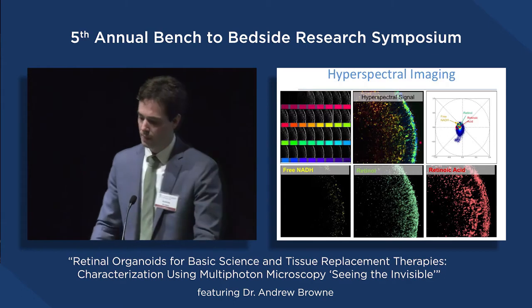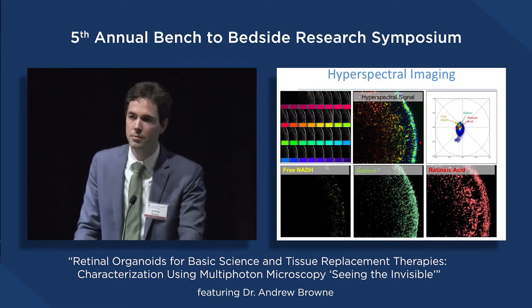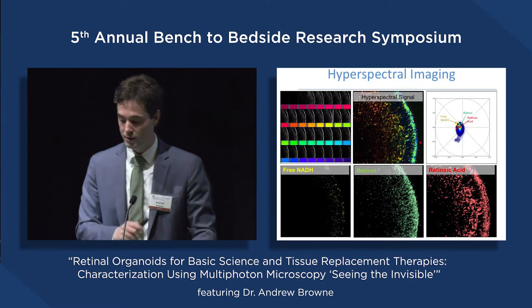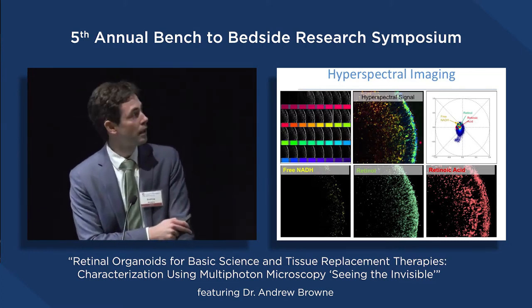Another approach is called hyperspectral imaging. It's very similar. We use 2 laser beams to cause the thing to glow, and then we look at every single pixel in space and look at the rainbow. So there's actually color information encoded in that light as well. And we can divide that